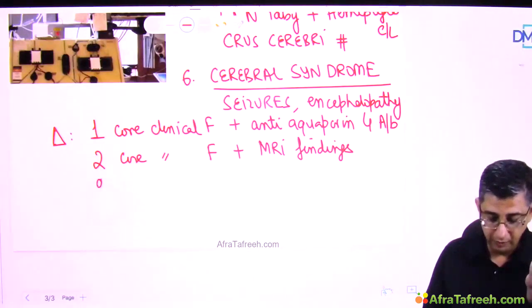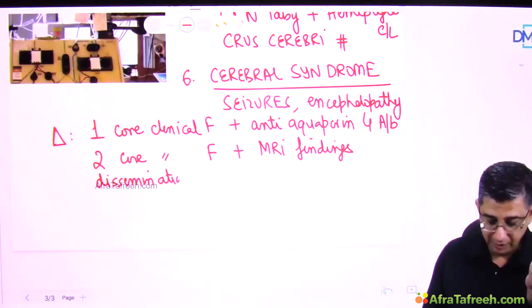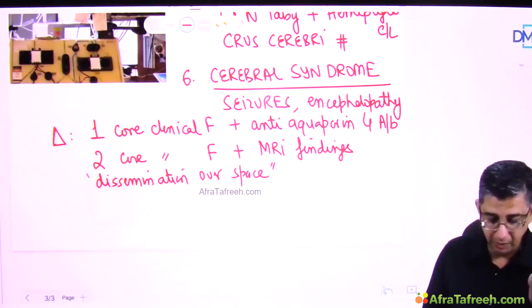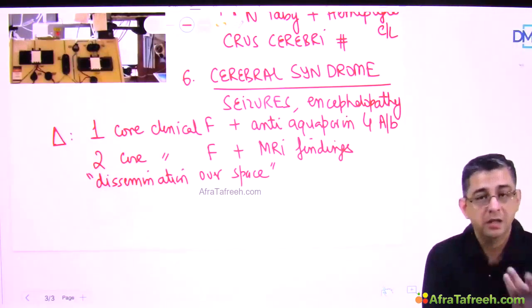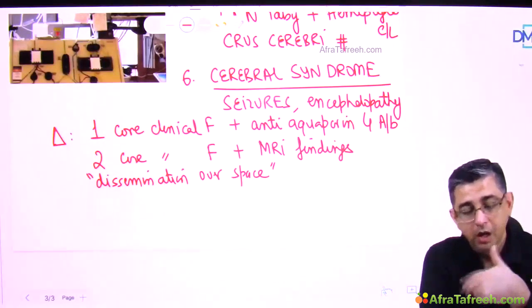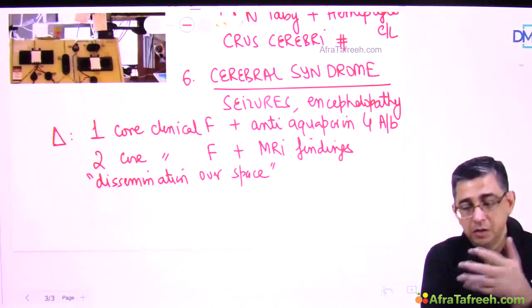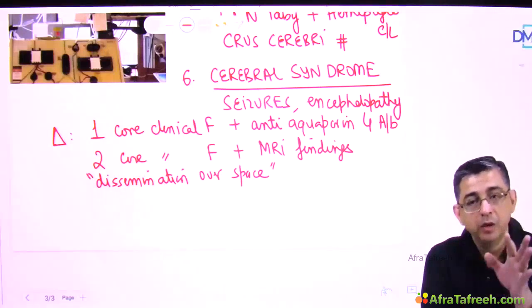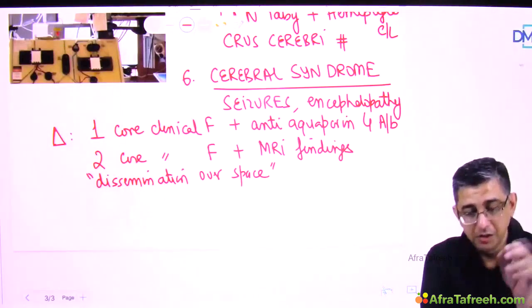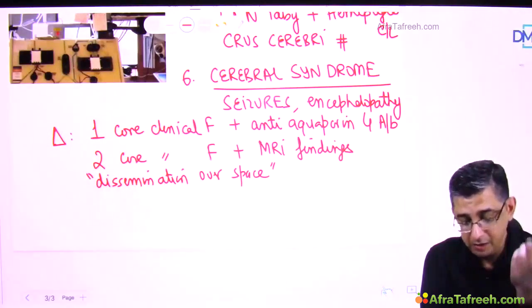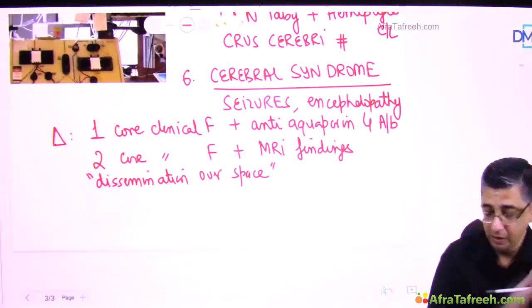So here he will always write the word dissemination over space. What you understand by the word dissemination over space is that clinical features are not going to occur simultaneously in the patient, but will occur over a couple of days. Like I described, a female who cannot see properly with one eye. Tomorrow, the other eye vision is also gone. And maybe by the 4th or 5th day, she is walking on wobbly legs. She feels she will fall. And by the 7th day, she can't move both her legs. There is a paraplegia in the patient. She's having pins and needles sensation in her legs. So those are features of transverse myelitis that has developed in the patient,